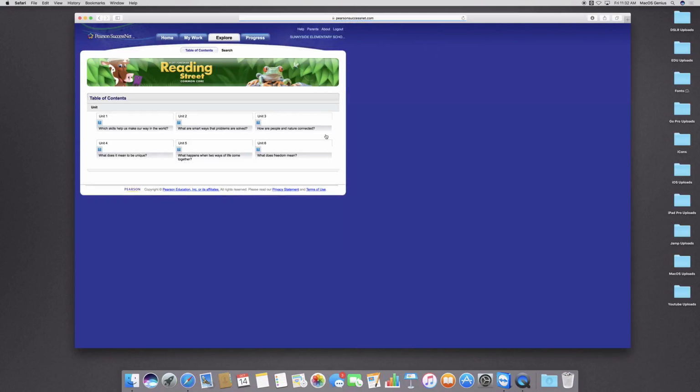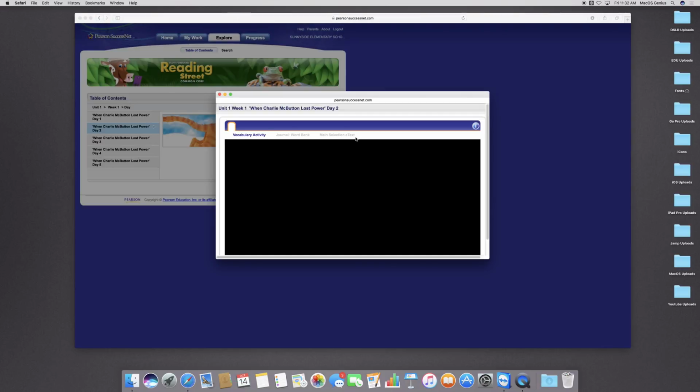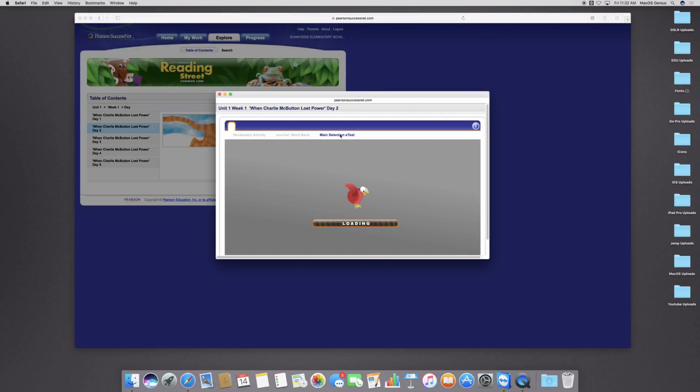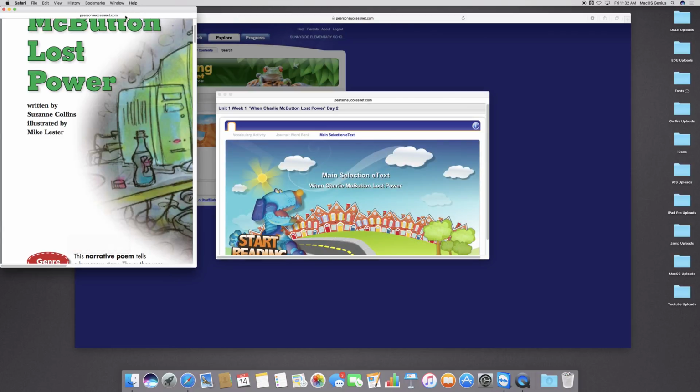Go do your explore, do your lost power. This is the reading comprehension. Oh, I did not change an option that I'm supposed to. So the option I'm supposed to change is a plugin setting to allow the preview pane, which this is the